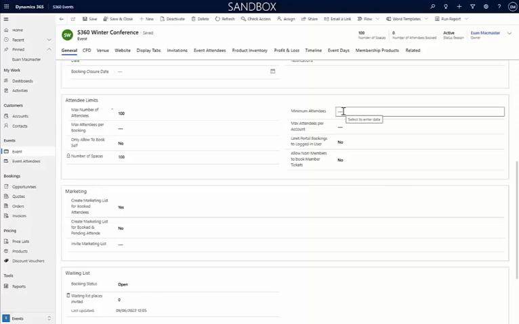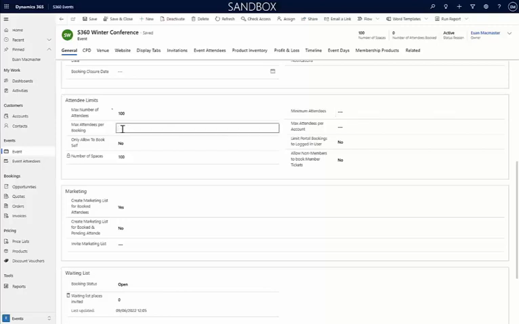If there are a minimum number of attendees that we need to run this event, I can log that there. I can also control the behaviour of bookers when they're booking onto the event. We'll look at that both in the website tab and also here. But it is important that users understand the ability to limit the maximum number of attendees which can be booked